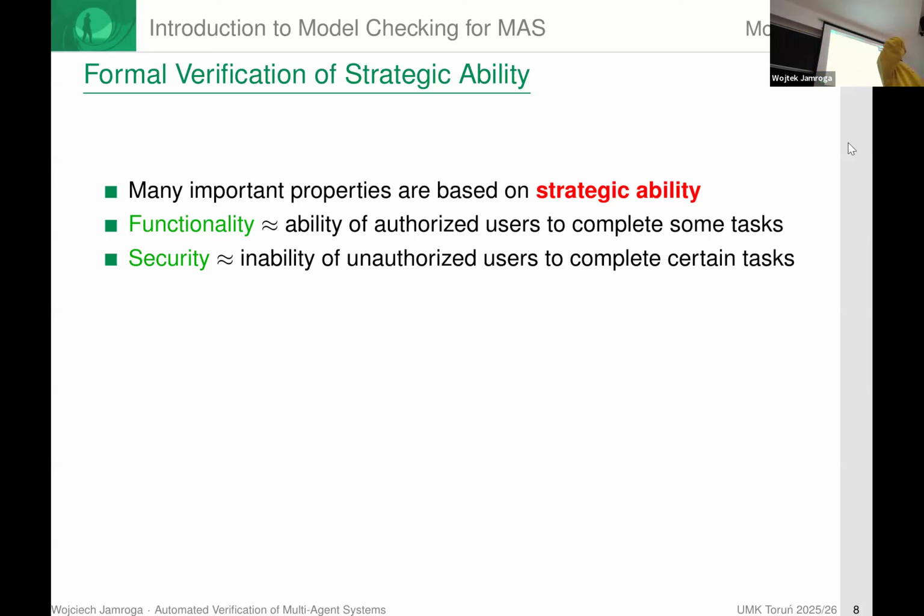Most properties that we are interested in really refer not to what happens if the agents act in a dumb way, but rather what happens if they act smartly, right? So, if we are talking about a voting procedure, a design for an election, we don't want to ask, okay, what happens if the voters act in a completely stupid way? Or maybe sometimes we do,